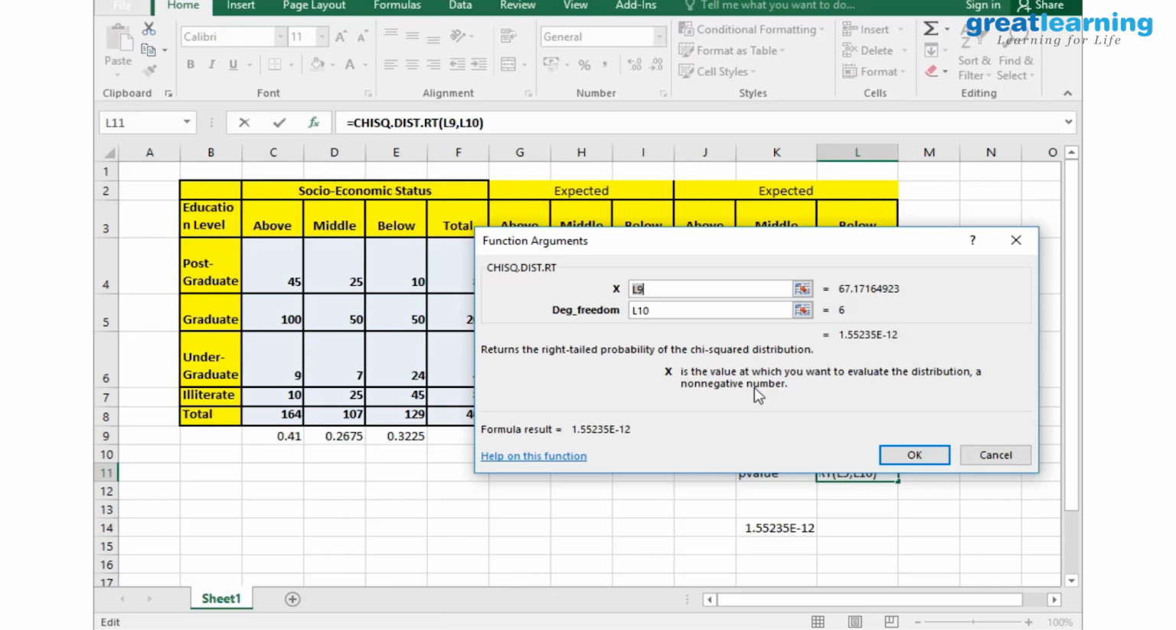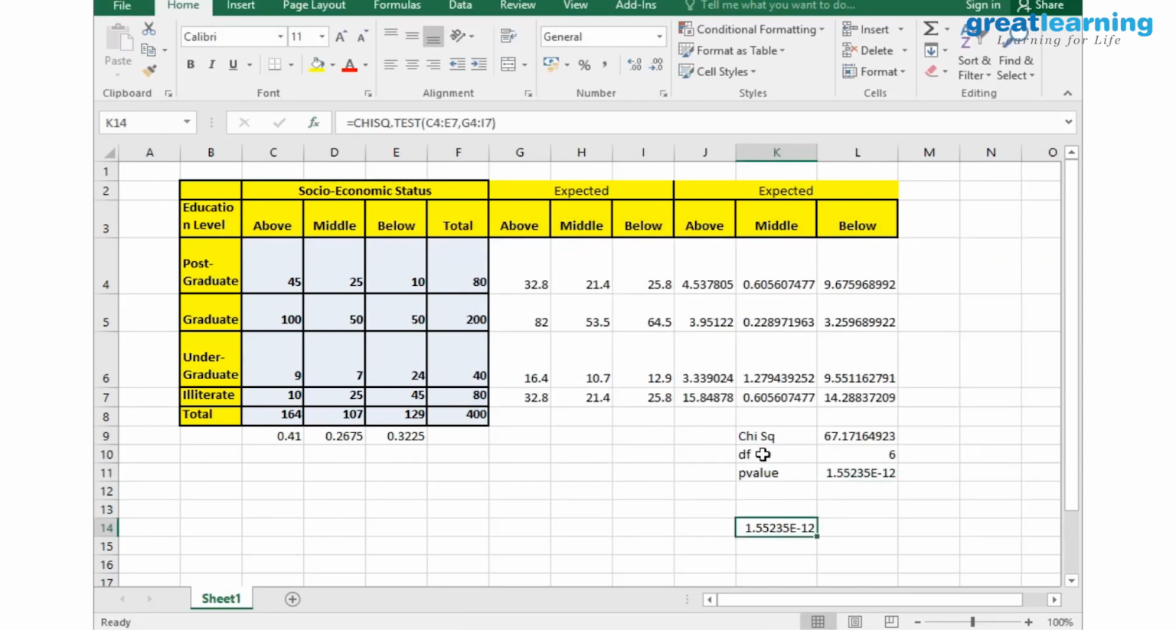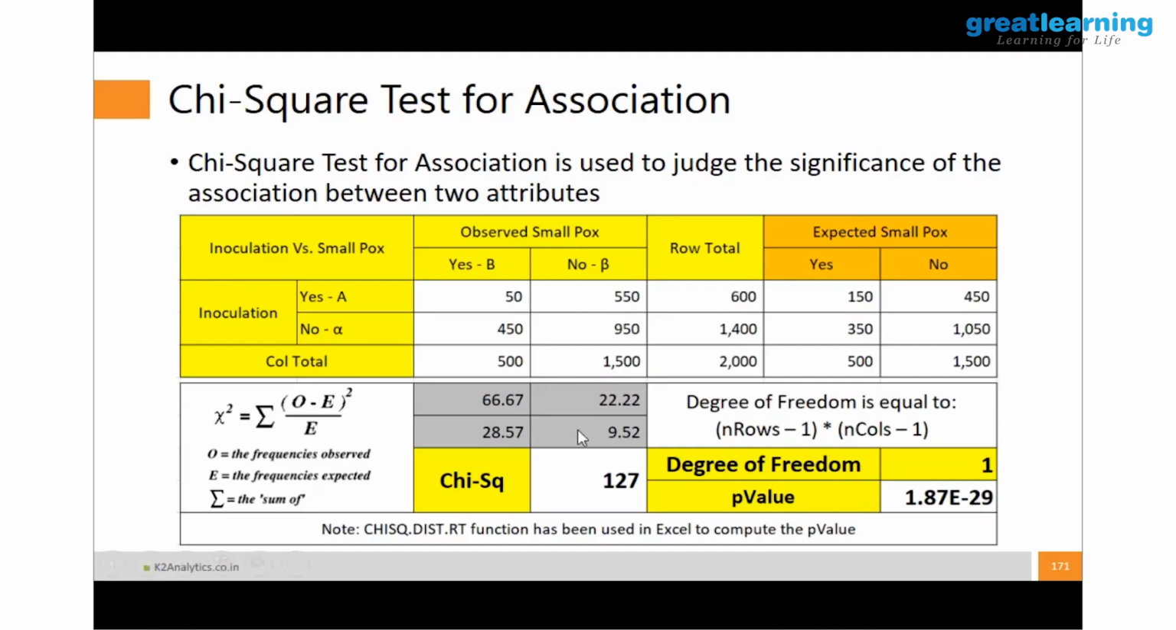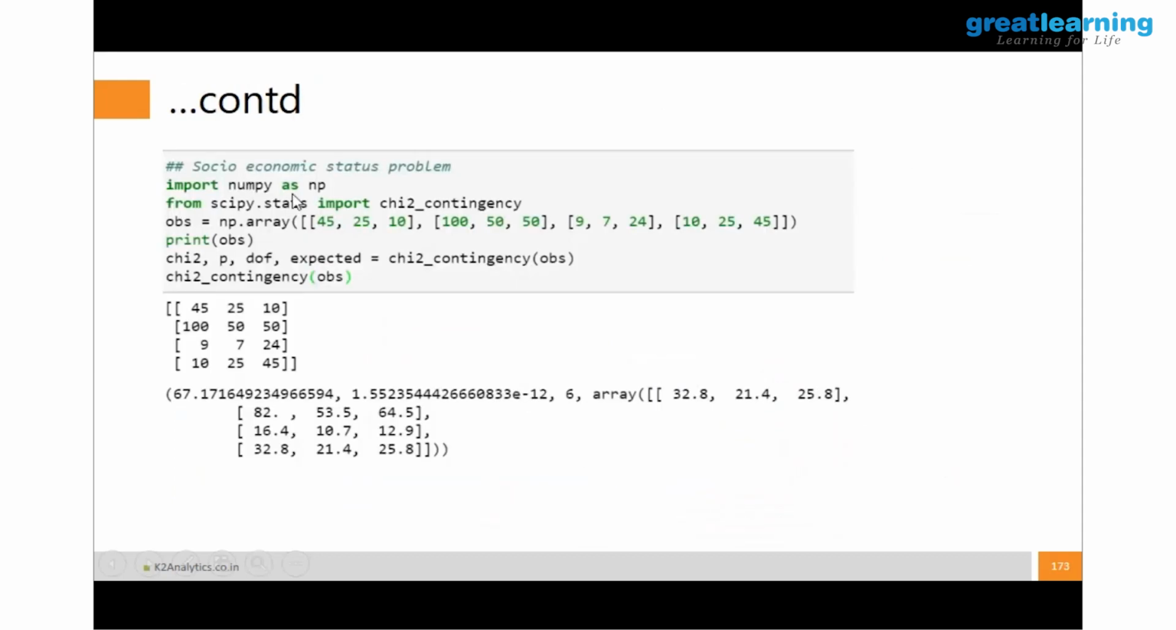And here, because we are using a chi-square function, we have to understand that the x parameter is chi-squared. So done. And the same thing you can do in Python. I have made this as an NP array. The first 3 elements I have put in one, the second 3 elements, the third 3 elements, then the fourth 3 elements. I have created a 2-dimension array. Having created the 2-dimension array, I have called the chi2 contingency function and passed my obs,